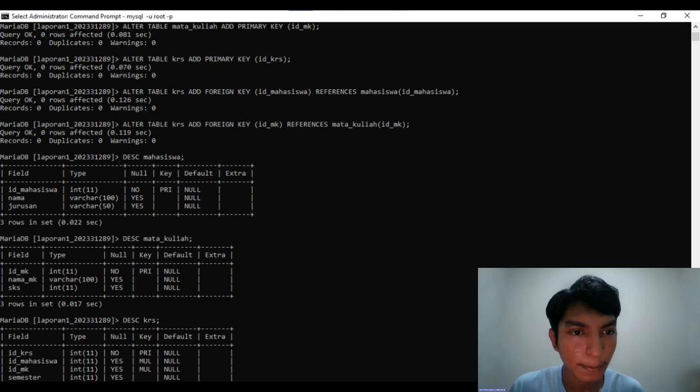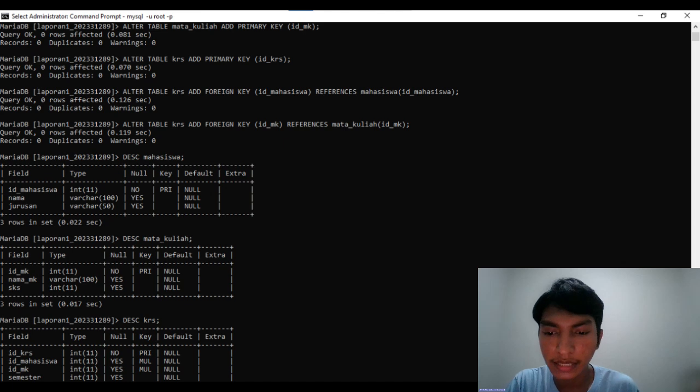And describing tables, such as describe mahasiswa. The describe command displays the structure of each table. It shows column names, data types, whether they allow null values, and the key information.